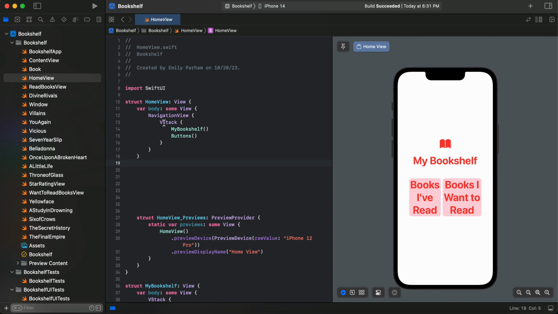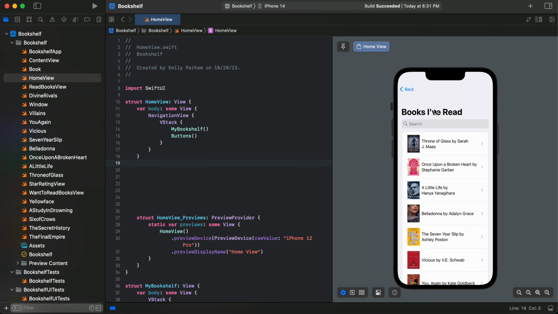So let's click the first button, books I've read. When you click on it, you're going to see all of the different books I have listed. It's going to include the search bar, the title, and then every book is going to have an image, the title, and who it's made by. So let's click on a book. Once you get in here, it will show a bigger image, the title, and then a description. All of it's going to be a scrolling view